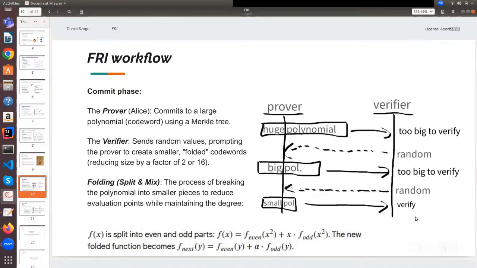He can ask to open this in one point and then check all of the committed big polynomial, smaller polynomial, even smaller polynomial, and all of the steps that were happening here. So that's the idea, and that's the FRI workflow at a very, very high level. So again,